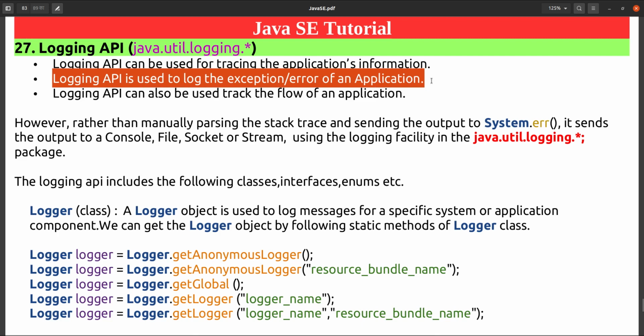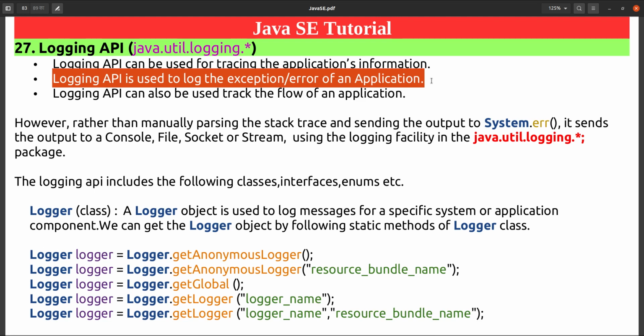Suppose sometimes we are getting an exception, we are using a try block, catch block, or we are throwing some exception from the method. To handle that exception, we are doing a print stack trace for that exception.